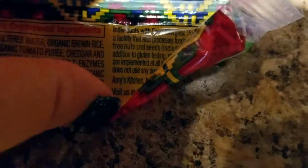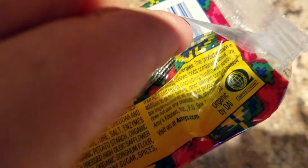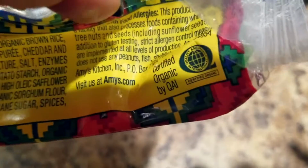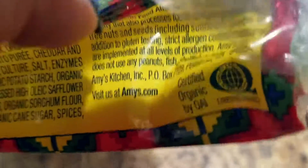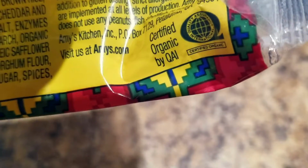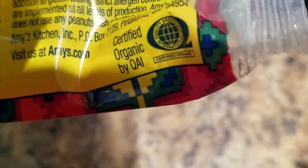Contains milk. This says here, individuals with food allergies: this product is made in a facility that processes foods containing wheat, soy, tree nuts, and seeds, including sunflower seeds. In addition to gluten testing, strict allergen control measures are implemented at all levels of production. Amy's Kitchen does not use any peanuts, fish, shellfish, or eggs. Amy's Kitchen Incorporated, P.O. Box 7129, Petaluma, California. You could visit them at amys.com for more information, and it is certified organic by QAI, Quality Assured International,